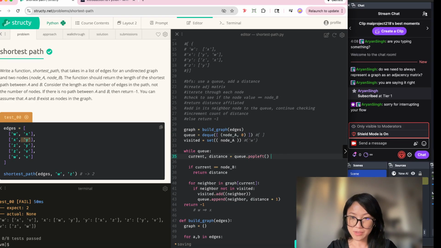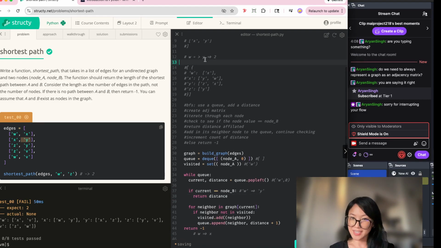Now we can go ahead and take a look at you. And we're going to check, hey, is W, are you what we're looking for? Are you Y? In this example, we know that it's not Y, so we're not going to return any distance, and we're just going to jump over to the next line. The next line is saying that, hey, for its neighbor in the graph of current, if we haven't seen it in visited, which we haven't seen X yet,